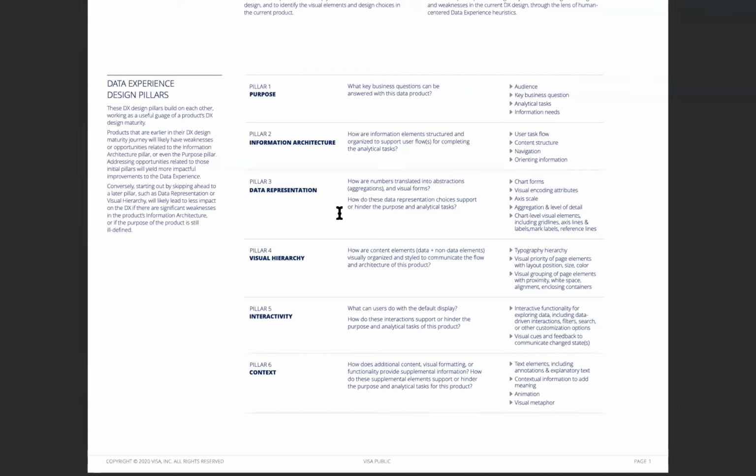It's actual charts and encodings. Visual hierarchy is the very front and top layer of visual design. Interactivity, which is what we'll be talking about today. And then context is a lot of the things that give you, hopefully, that delightful aspect of the experience.